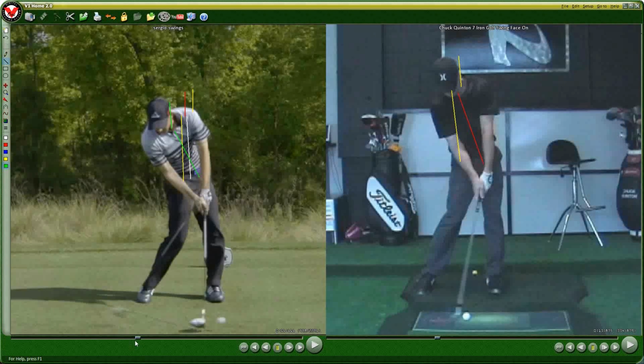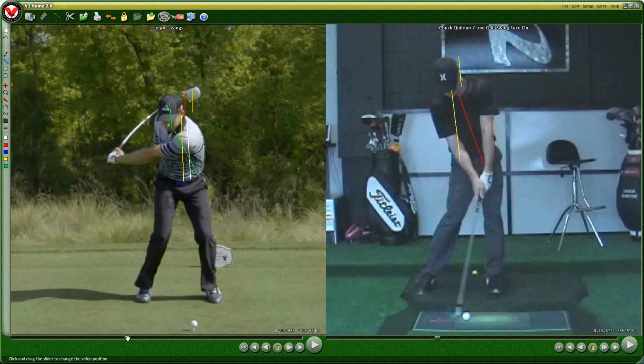Now, one thing that Sergio does extremely well is that, right? He has a ton of lag in his downswing. For those of you who don't understand, this lag is a confusing term for a lot of people, and it's a bit misleading in some ways, but basically, if you look at the angle between the forearm and the shaft, how far the club head is lagging behind the hands is a simple way to define it and understand it. But the reason that this is important is because about 2/3 of your club head speed comes from the release